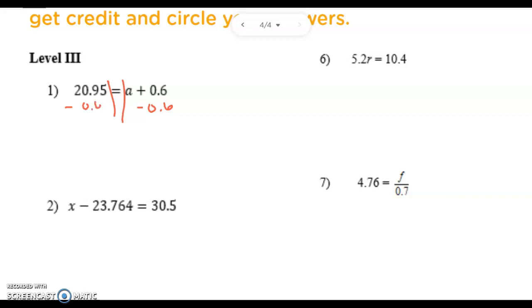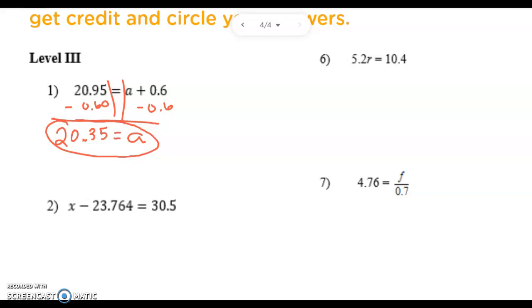All right, line up my decimals. Have to annex a 0 underneath the 5. The 6 tenths become 0, so I'm left with A on the right-hand side equals 5 minus 0 is 5. 9 minus 6 is 3. Decimal goes straight down. 0 minus 0 is 0. 2 minus 0 is 2. 20 and 35 hundredths. And if you were to check, 20 and 35 hundredths plus 6 tenths should give me